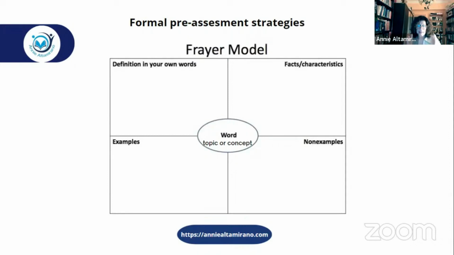So, one thing I would like to make clear is that differentiating assessment doesn't suggest creating different assessments for each student, but rather ensuring access of opportunity to each and every student to demonstrate their